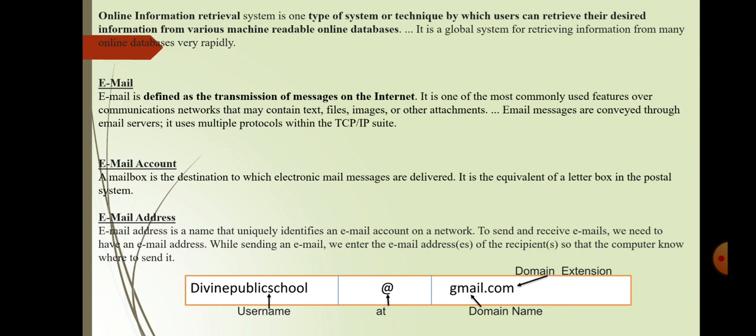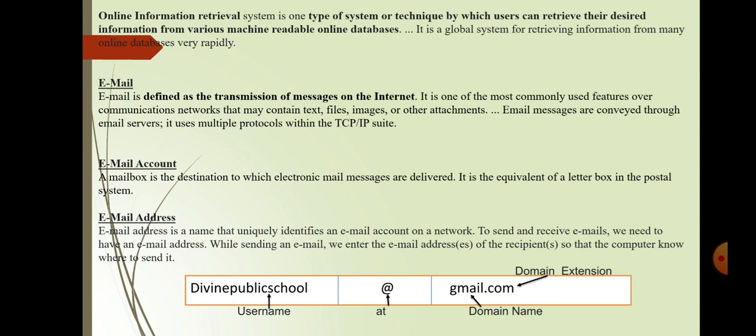So here the particular email is stored on the Gmail server. Suppose if it was written Yahoo, then it means that the email account exists on the Yahoo server. So likewise, it varies. It's up to you whether you want to create it on Gmail or Yahoo or MSN or Rediffmail. It's up to you. Next component, domain extension.